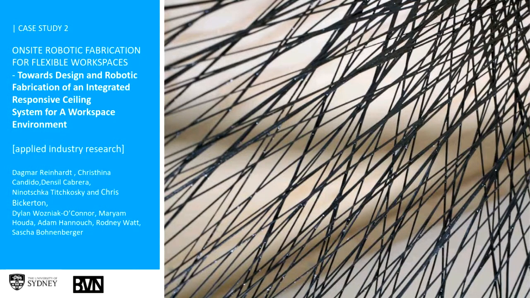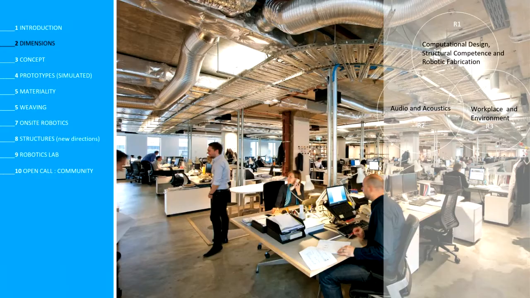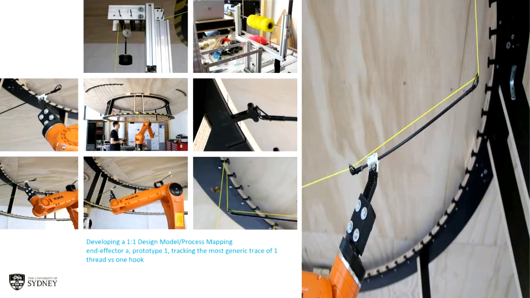Case study number 2 is a robotic weaving project for our industry partner BVN in Sydney, where we looked at what we can do with a normal existing office ceiling structure that is aesthetically not very pleasing, but also doesn't allow the possibility of data distribution, hence the idea of producing data booms that would bring electric cables and Wi-Fi cables down in the vicinity of 7 seats and 3 tables sitting underneath those. This project deals with robotic carbon fiber weaving, where we went through a number of case studies, a one-on-one pilot study that trials different end effectors, mimicking the deposition series,